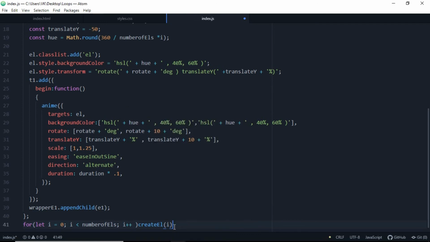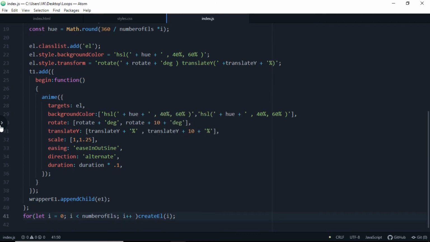So we're going to create the EL here, which is i and semicolon. So we're done with the coding part.